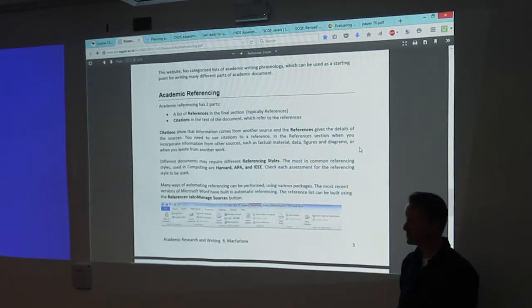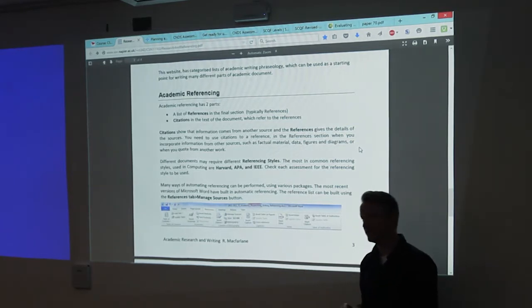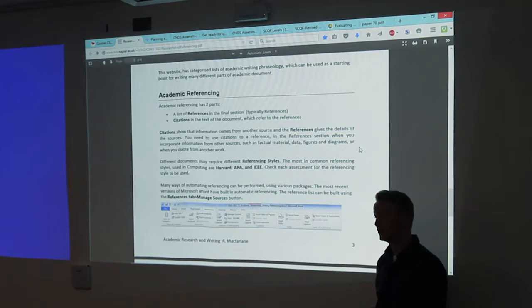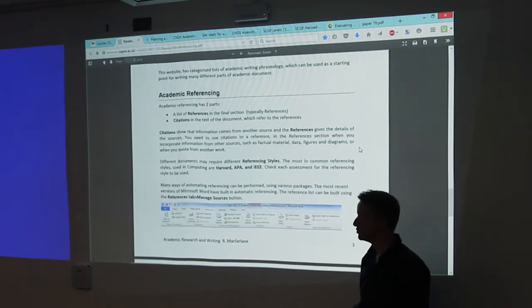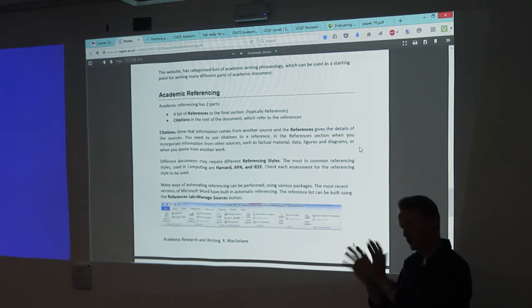Okay, and when you had to write a document, you did it in LaTeX, and you did all your references manually, typing them all in and formatting them correctly based on the document you can get from the library on reference formatting. A book is formatted differently in your reference list from a paper, or from a technical white paper. So all your references are in different formats for the different types, which you need to look at. Or nowadays, you can just use Word or a plugin and a database manager. Word has its own reference manager in it, so you can create your own little reference database in Word.